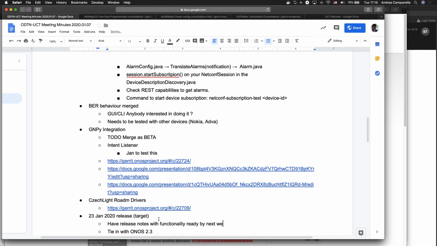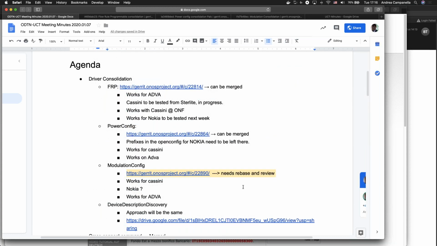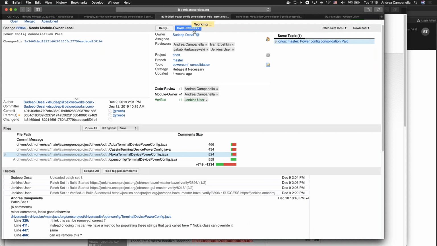Okay, perfect. So yeah, I'll go ahead and review this. By the end of today, I'll try to squeeze it in at the end of this call. I don't think I have too much time. I'll do a pass again on the flow group programmable, and I'll go ahead and merge the power. So actually, let me do that right away.